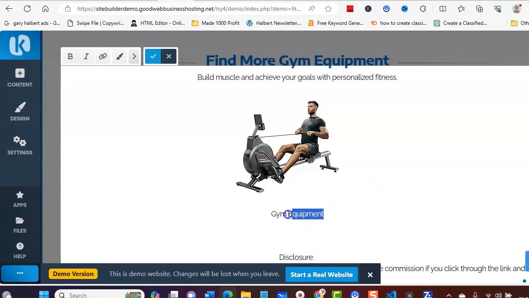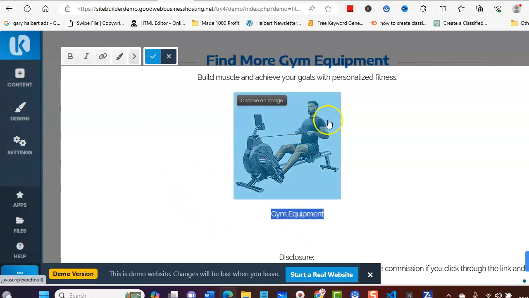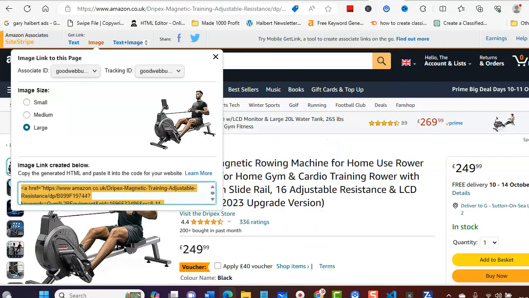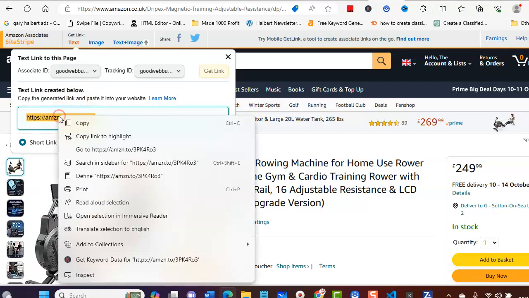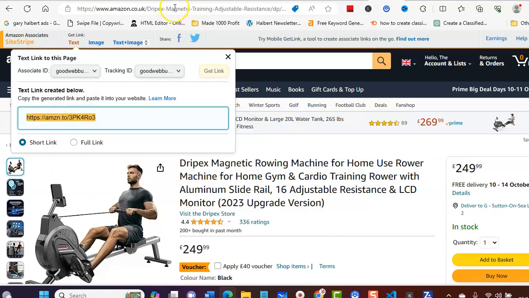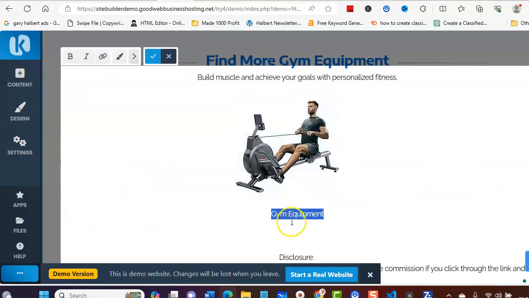So what you need to do is highlight that. Now what you need obviously is the link to link it to this page. So if we go back to the Amazon page, and as you can see here, if we click on text, this is your Amazon link. If we copy that, go back over to your web page, it is highlighted, click just here,